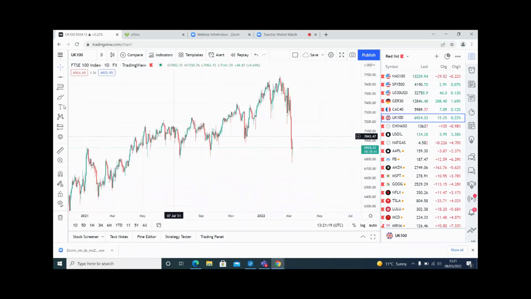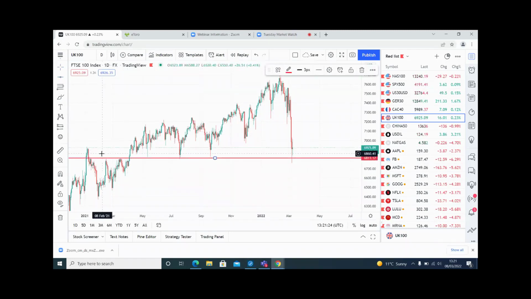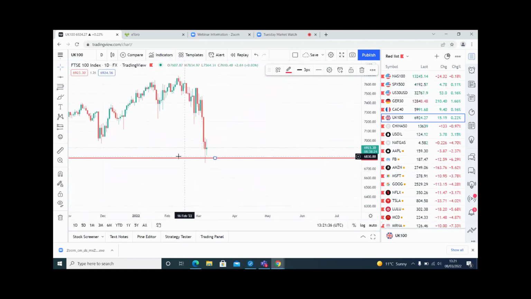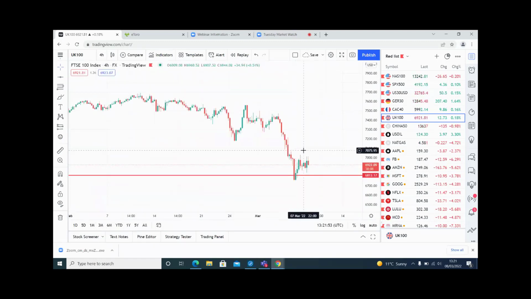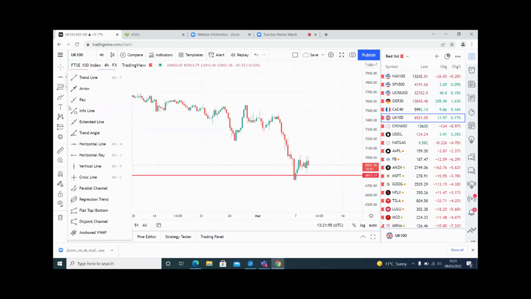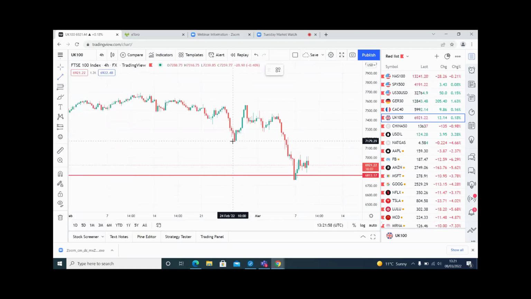UK 100. So the UK 100 hit a roadblock here. Hit a nice level, 1, 2, 3, 4, 5, and then we had that rejection. Right, so we had a nice little rejection off that floor. Now, my question to you guys is, do we think that is the bottom and we have a little pop up, or do we expect this to continue dropping? Let me have a quick look at the 4-hour. Are we going to get this popping up here?